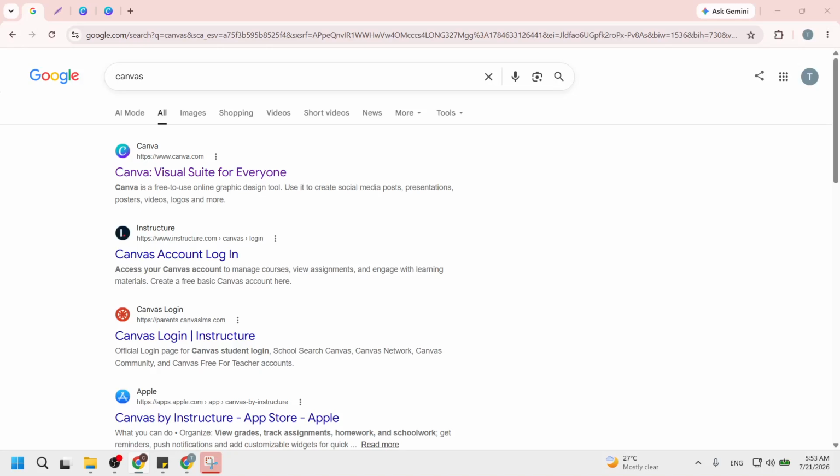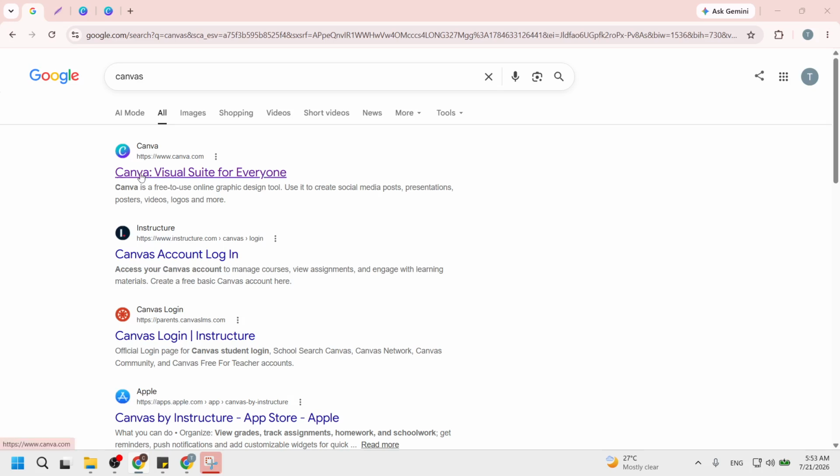In today's video, I'm going to teach you how to add equation in Canva. First, open your preferred web browser and search for Canva. You can do this by typing Canva into the search bar. As you start typing, your browser will suggest options. Click on the most relevant link to navigate to the Canva website.